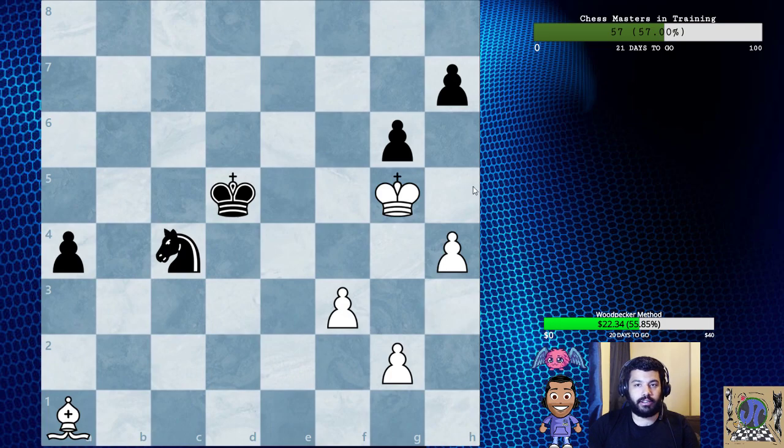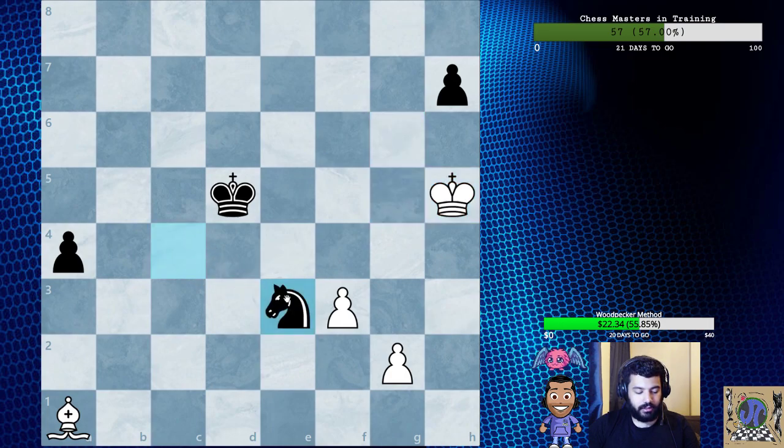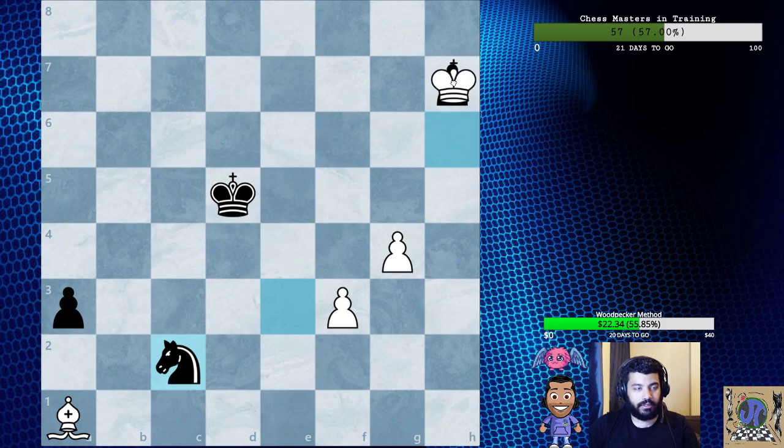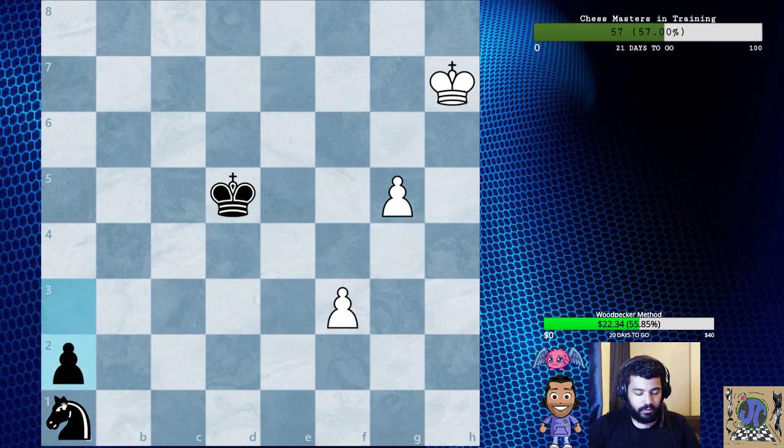So I'll show you the drawing line here. So h5, g8, king captures h, knight to e3, g4, a3, and king to h6, knight to c2, king captures h7, knight captures a1, g5, a2, knight somewhere,